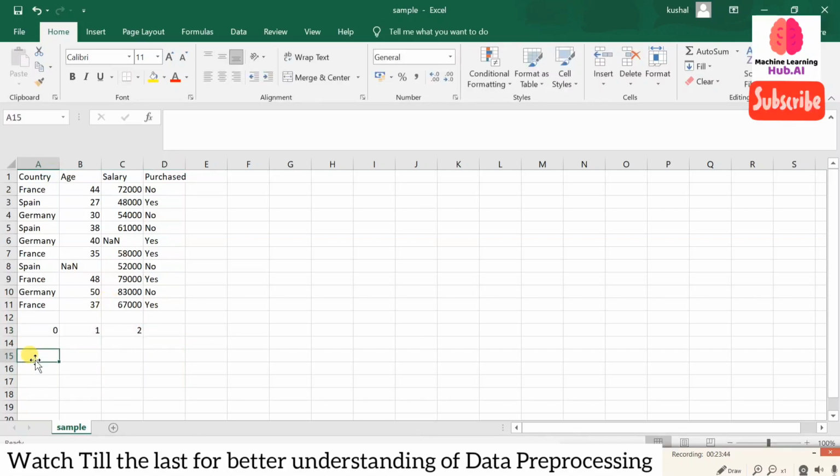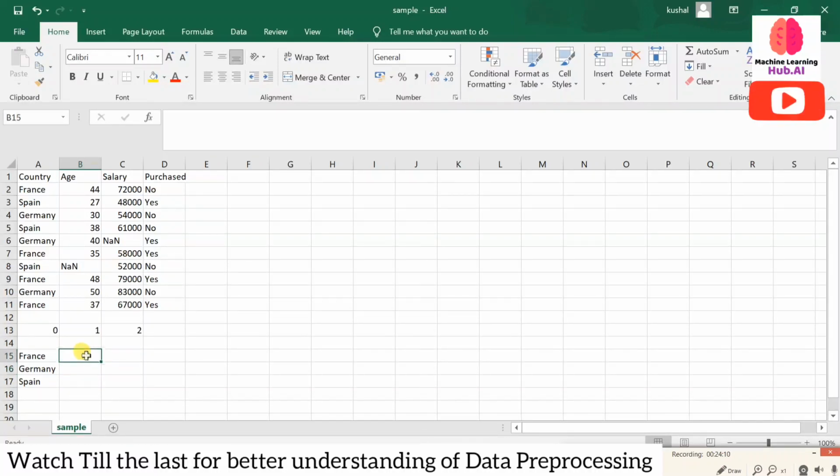Just write France, Germany and Spain. Now what we are doing is a simple concept, copying from mathematics, like in school mathematics, if x is equal to something, then we are assuming this as this. So simply, one value for France, one for Germany and one for Spain.